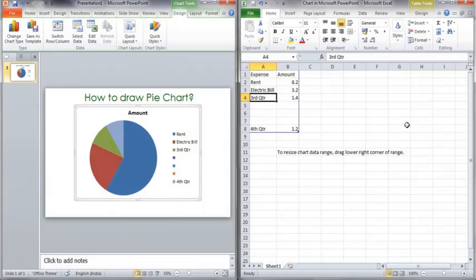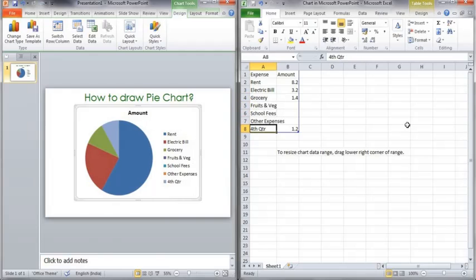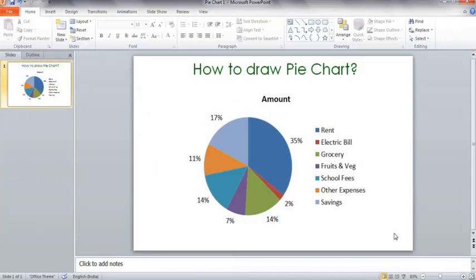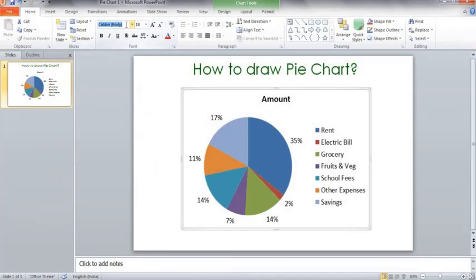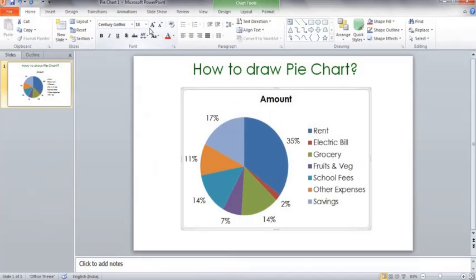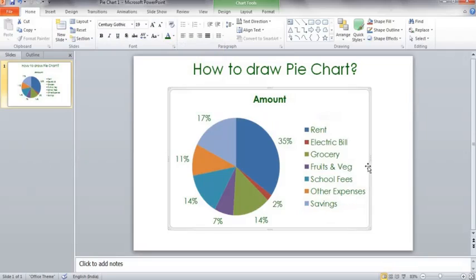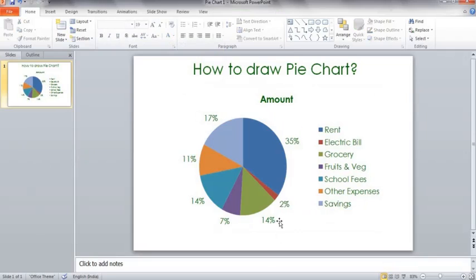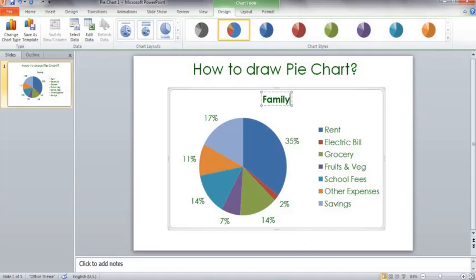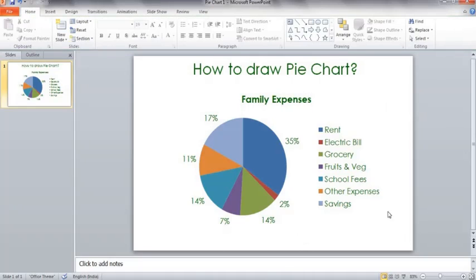I took the example of family expenses in the pie chart. So whatever expenses happened in a family, I entered as a data point. We can do formatting of pie chart as per our requirement. To change the font of the chart, go to Home tab and change the font type in the ribbon. The size of the chart can be resized by simply dragging the borders. The title of the chart can be changed by selecting and typing the appropriate text in the title box.